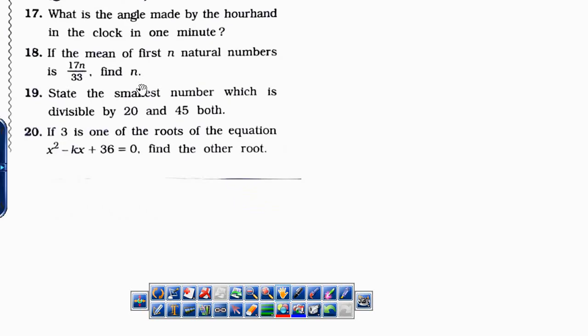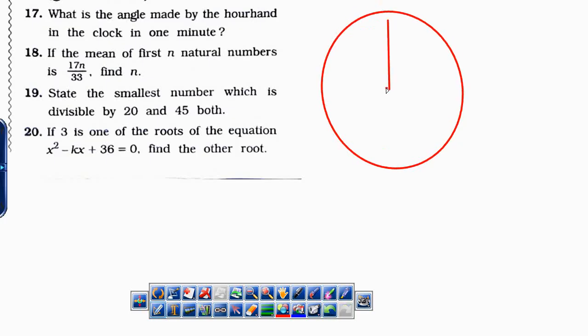What is the angle made by the hour hand in the clock in 1 minute? अब ये थोड़ी सी समझने वाली बात है, इसमें कुछ बाय हार्ट नहीं चलेगा. एक घड़ी है और the hour hand